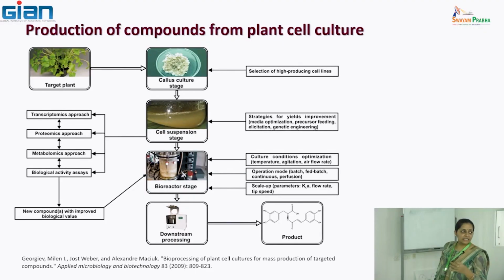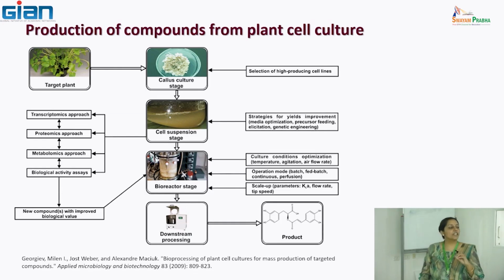Now, elicitors, as I said earlier, these will be molecules. From where are you going to get the cues, if someone remembers? From dead cells. No, the cues. How will you pick up the cues for what can be a good elicitor for this particular system? From the wild, ma'am. We look at wild clues, from where those stress responses are coming, and then we pick up those molecules. So you use those stress inducers as your elicitors in laboratory conditions. So that is done at a shake flask level, at a smaller volume.